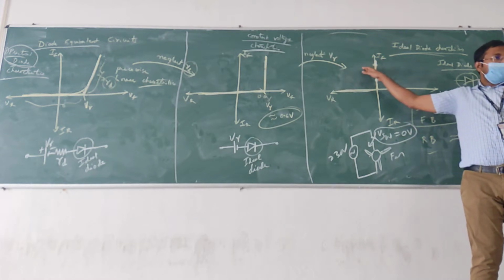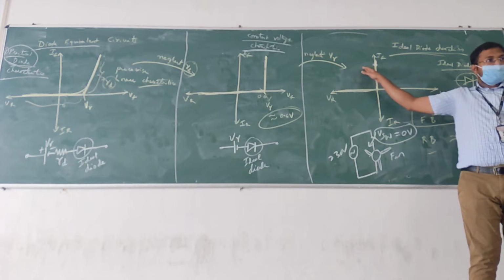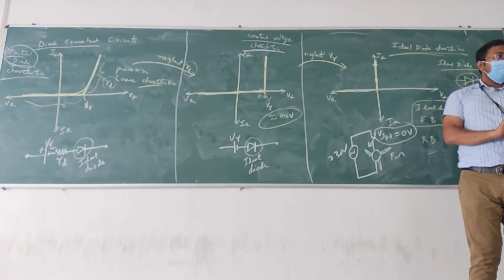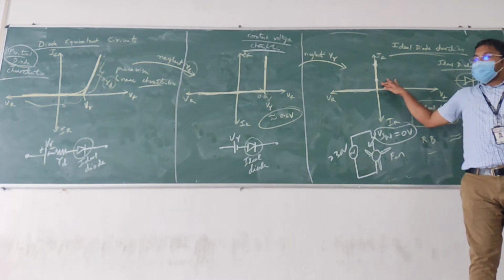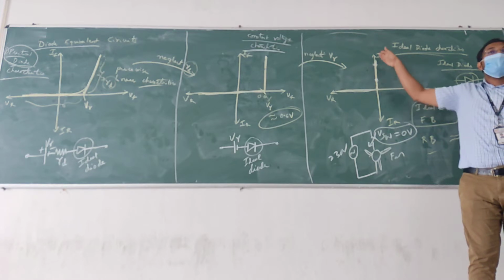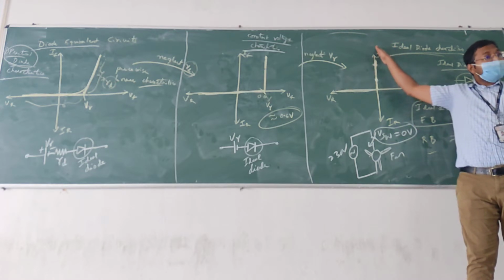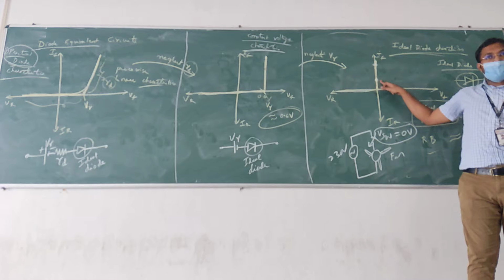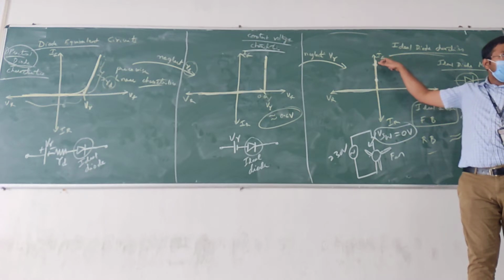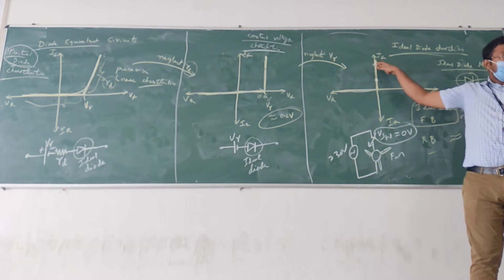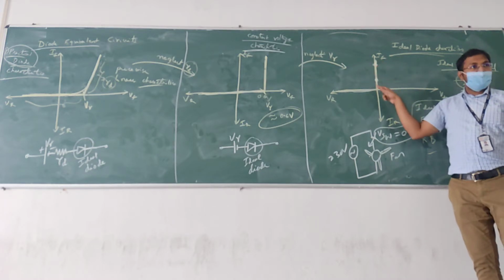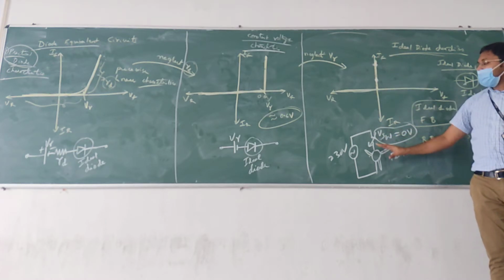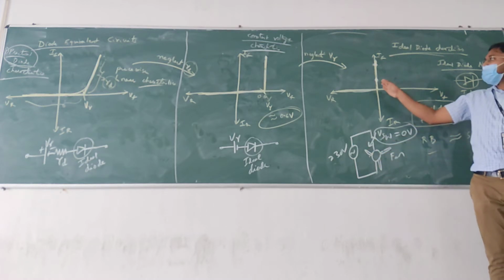All these are very important. Nobody will explain these things. So what is happening here? Current can be anything depending on what you connect to the switch. If you connect a small wattage bulb, current will be small, or if you connect a heavy machine, current will be large. So these are the characteristics of the switch, and where you are will depend on what you connect to the switch.